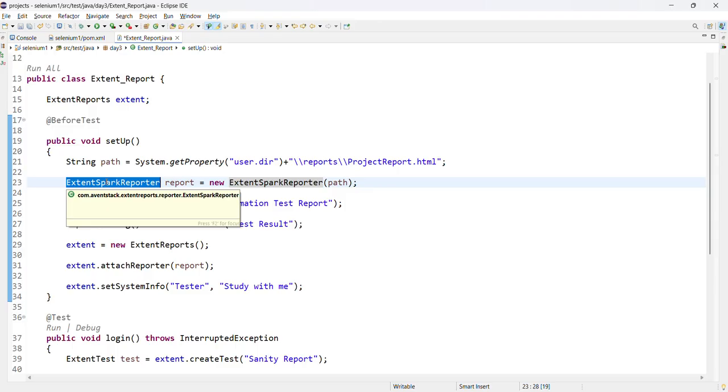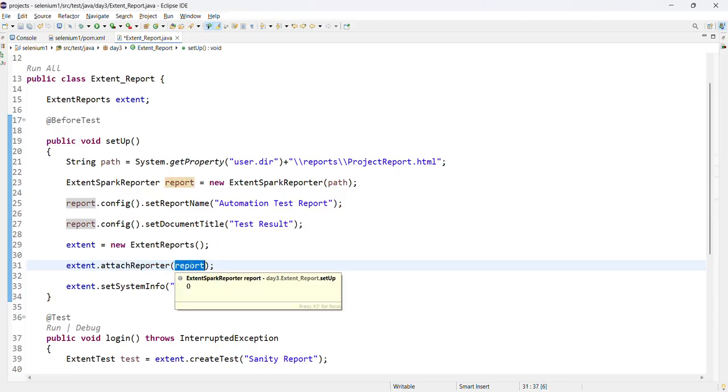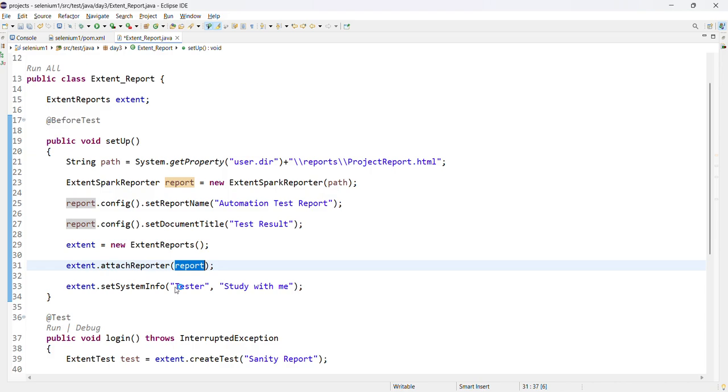the look, the report name, the title, those things. And then I'm passing this to extent.attachReporter, so this ExtentSparkReporter object I'm passing over here. And there is one method in this ExtentReports, that is setSystemInfo. So you can give